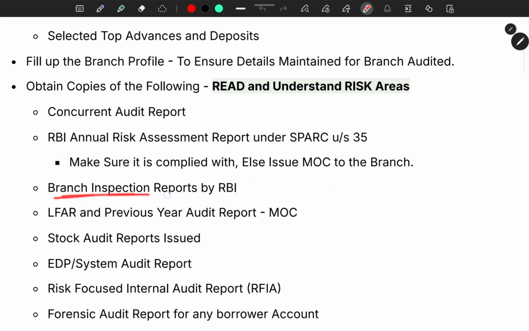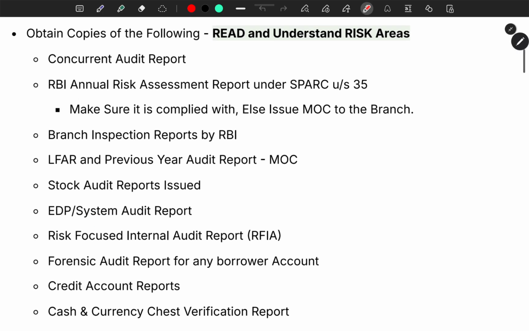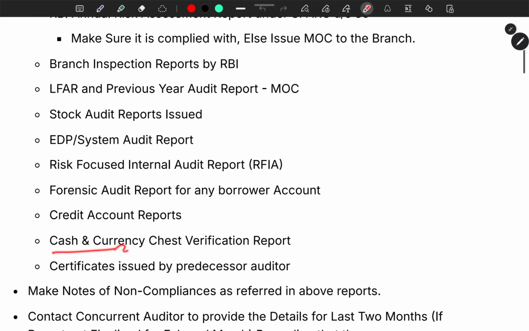So the branch inspection report that may be conducted by RBI, or even it could be an internal inspection. LFAR and previous year audit reports, these are all previous year reports. Also your previous year MOC. If there are any stock audit reports issued for the borrowers, if there are EDP and system audit reports that have been conducted, there could be a risk focused internal audit. This is basically just internal audit. And if there is any forensic audit for any borrower accounts, any credit account reports, any currency chest verification report, or certificates issued by the predecessor auditor, you have to read all of these